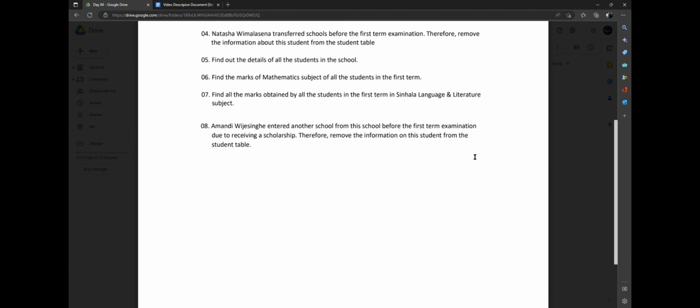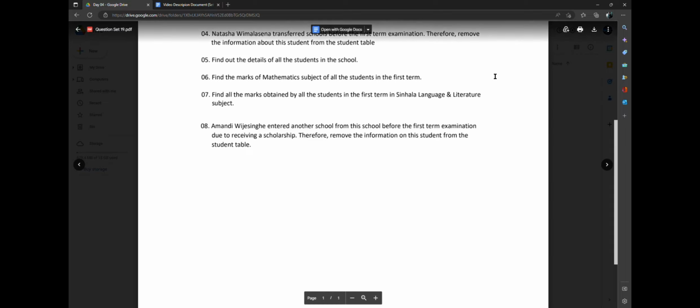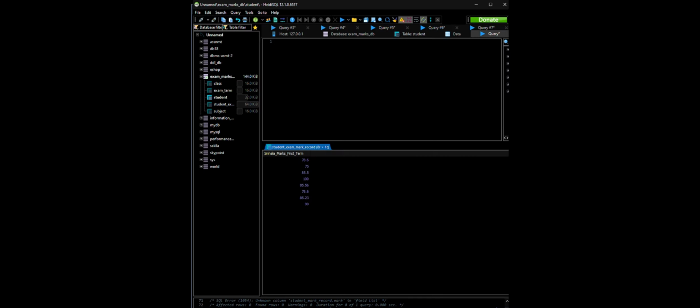Our final question, question number 8. Amandi Vijayasinghe entered another school from this school before the first term examination due to receiving a scholarship. Therefore, remove the information on this student from the student table. So let's write our relevant SQL query for this in our HeidiSQL program. So here we have a delete query. So we have to delete from student where,